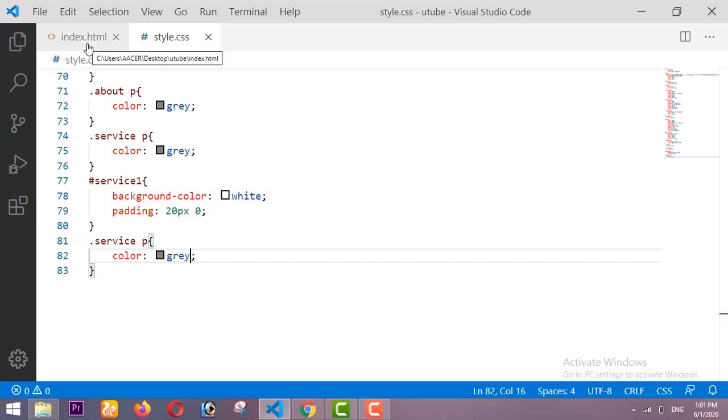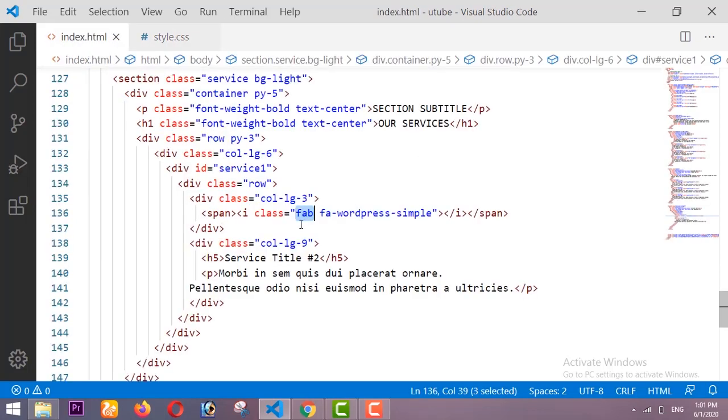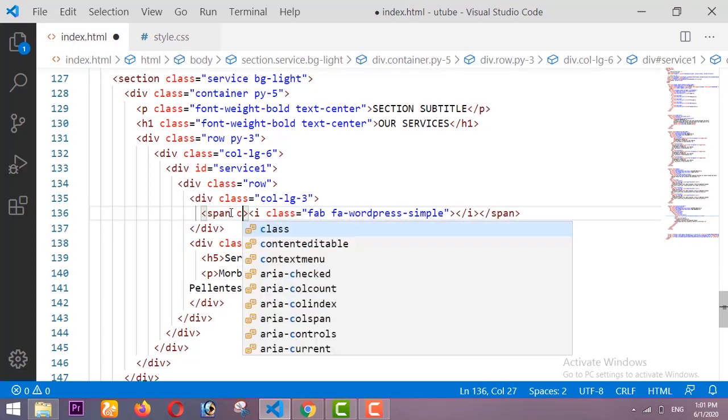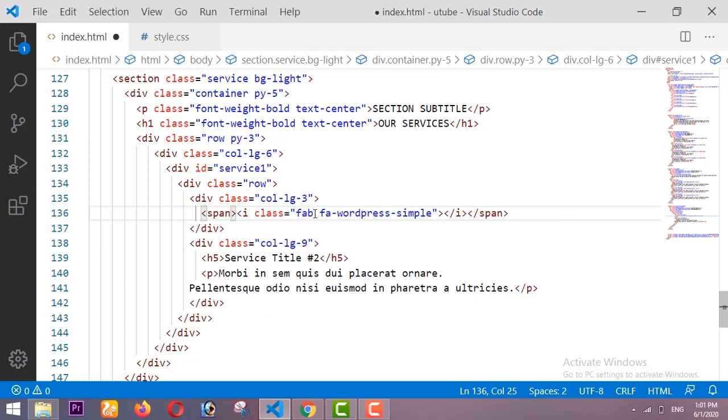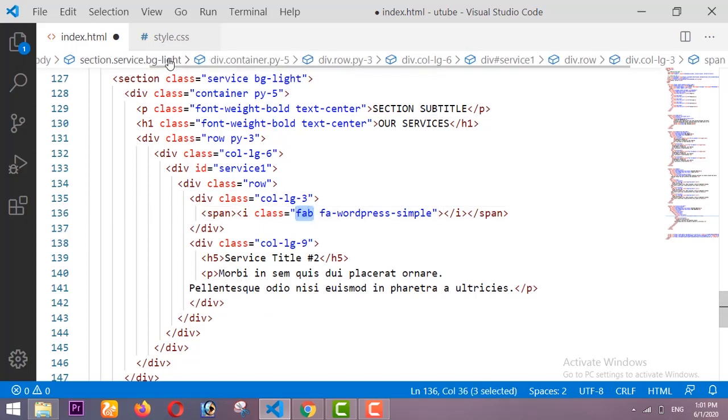For this icon I am taking one class, so we can design it in our CSS. I am taking one class inside this span tag, or just copy this class, the first one, FAB,